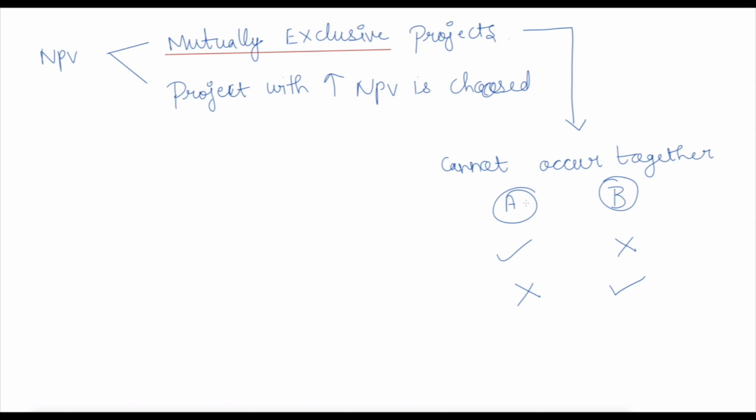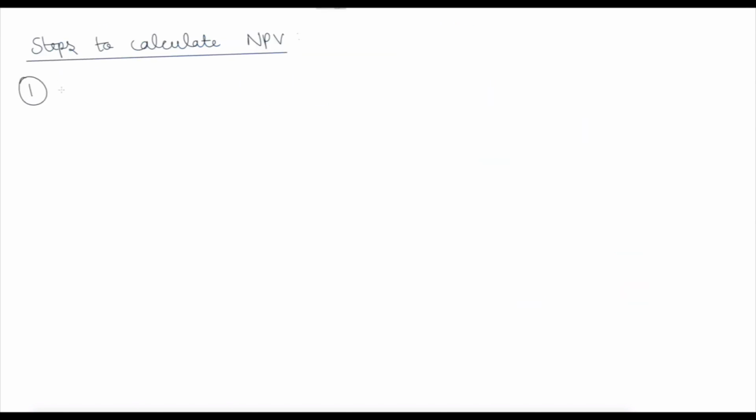Okay, let us move further and see what are the steps involved in calculating NPV. It is very simple. At this point you may think there are lots of steps. Not like that. Once you have been practicing your sums, it is so simple. At a point of time you will not need to remember anything, you will be doing it on your own. The first point is determine the cash flow after tax, then select the rate of return. That is, rate of return is nothing but your weighted average cost of capital. Most of the times in SF form they will provide you with this weighted average cost of capital. You need not find it.